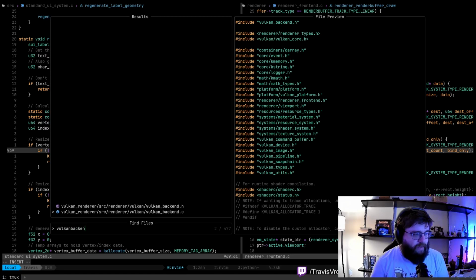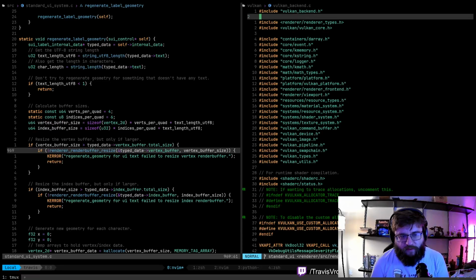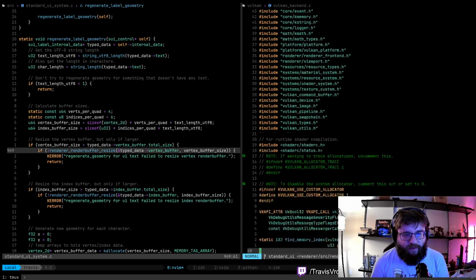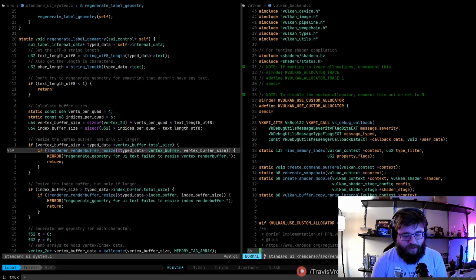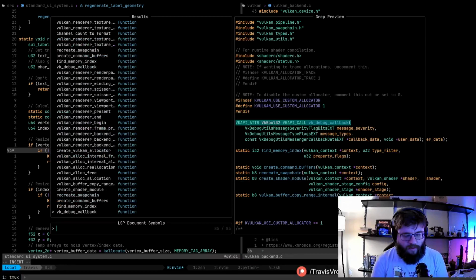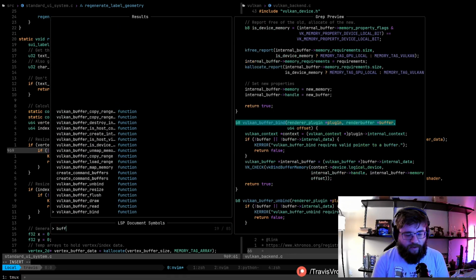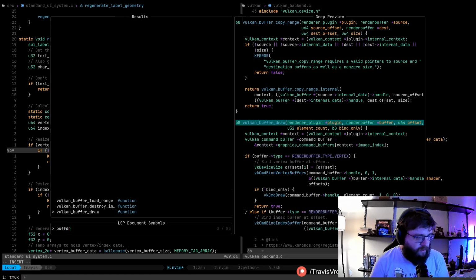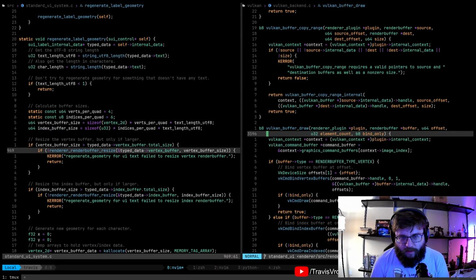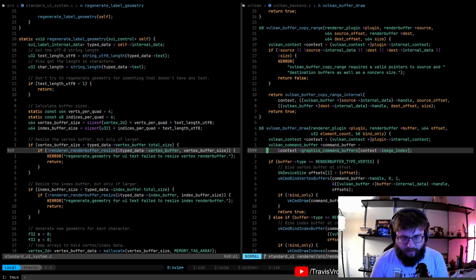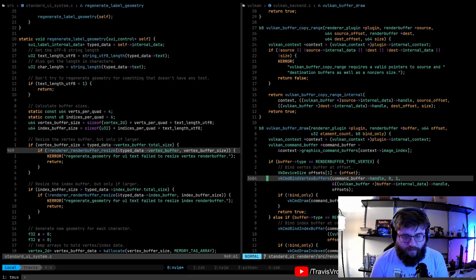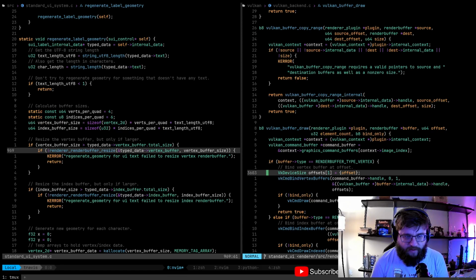The problem is I think this uses the same buffer size internally for everything. What is it? Buffer draw. So we pass the element count. Internal data handle. Offsets. So we pass the offset there.